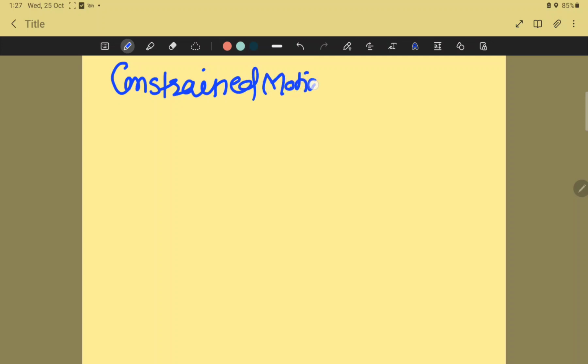Going to start with a new series, Target 2024, and we have picked the topic constraint motion. So if you are talking about constraint motion, so up to now